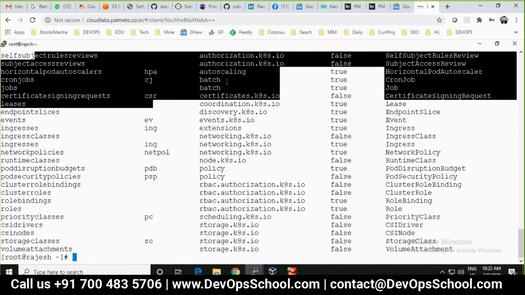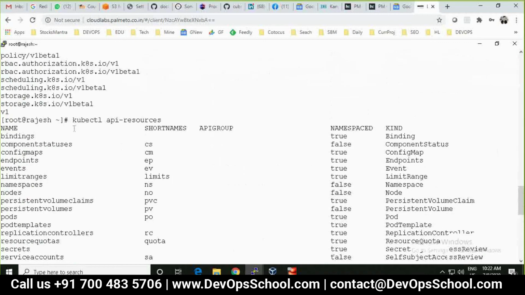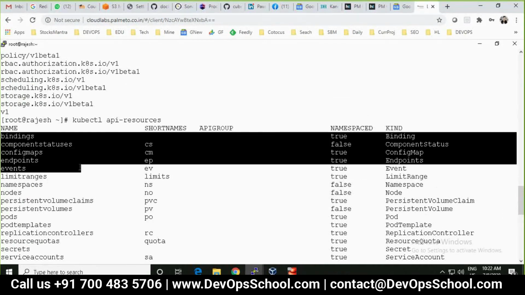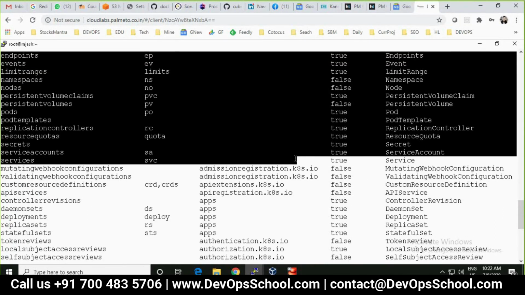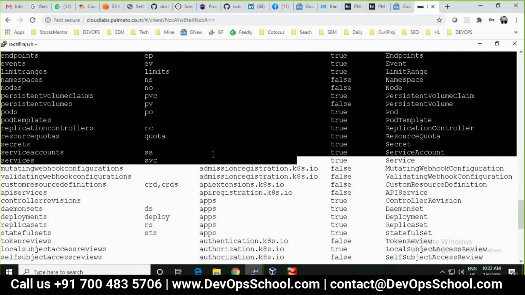Now you must be wondering why these groupings are not there for some. Because these are the primary resources, the first few API resources which got introduced without a grouping. So that's the reason we do not have a grouping.